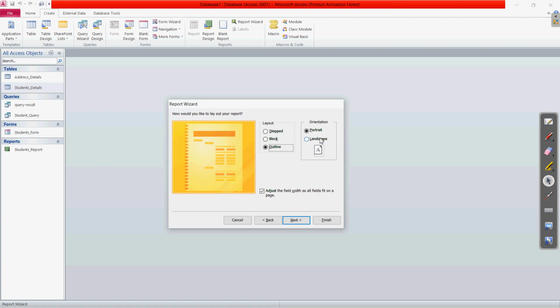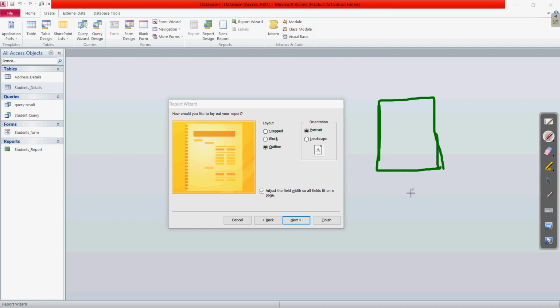Now we have the orientation, portrait and landscape. As I have told you, portrait is when the page is this way, when the length is more and the width is less. If you rotate this page, as you see with the scenery or images which we use to decorate the wall, this is the landscape orientation and this is the portrait orientation.